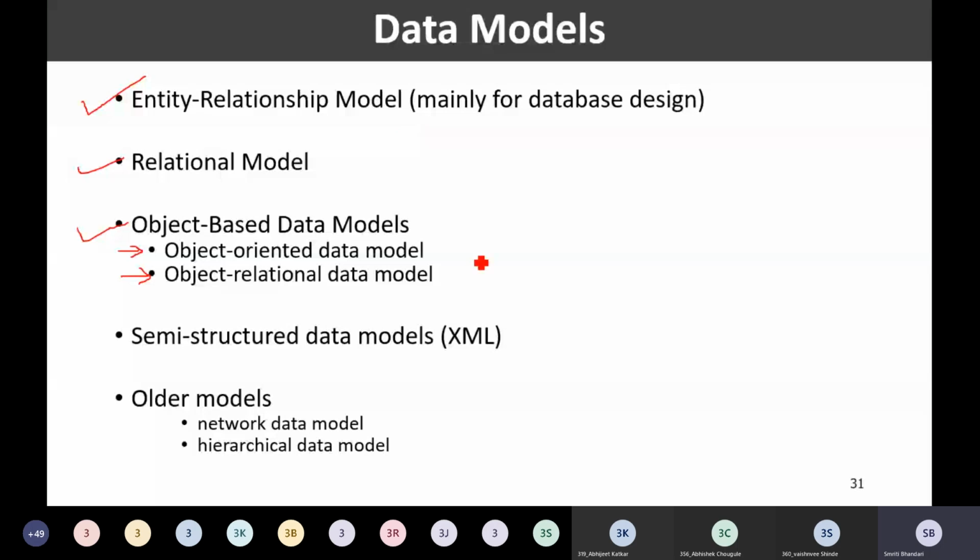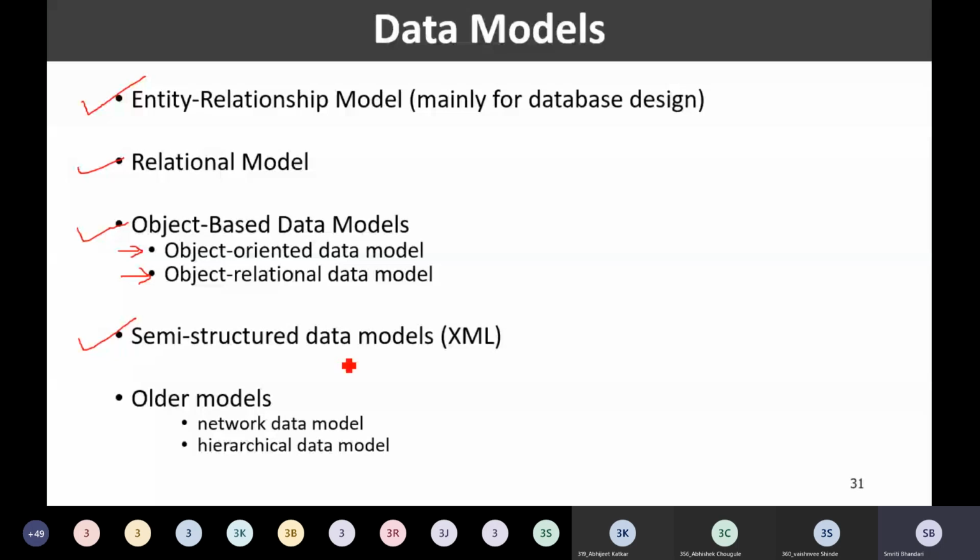The ER model is integrated with concepts like encapsulation, functions, object identities and so on, and this forms the object-oriented data model. What is the object-relational data model? It is a combination of the relational data model along with object-oriented concepts.